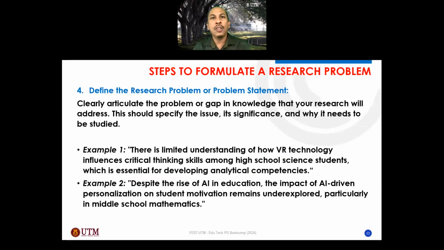Based on that, you write or you identify your problem statement. Try to write a clear, concise problem statement. Sometimes it's good before you write your little background of the problem. Try to summarize your idea into a 1 or 2 paragraph problem statement. You can go inductive and you can go deductive. This is a reverse technique. You try to write your problem statement, and based on that problem statement, you expand it to become a background of the problem. That's another technique. Most of the time we write the background of the problem, then we summarize it as a statement